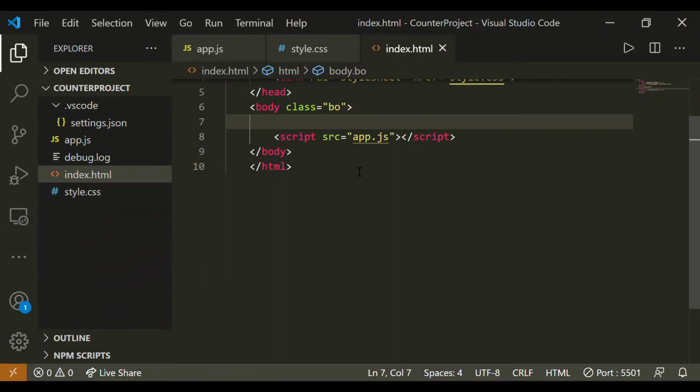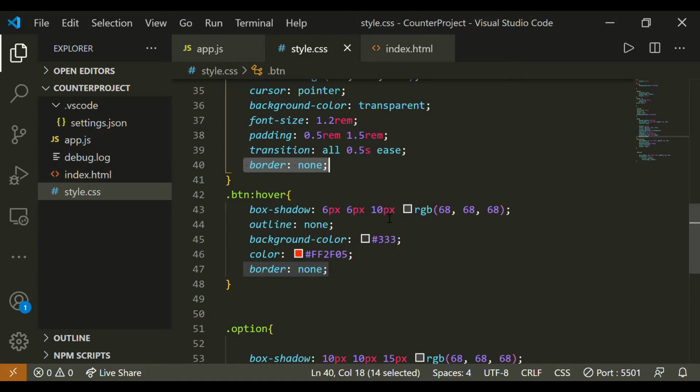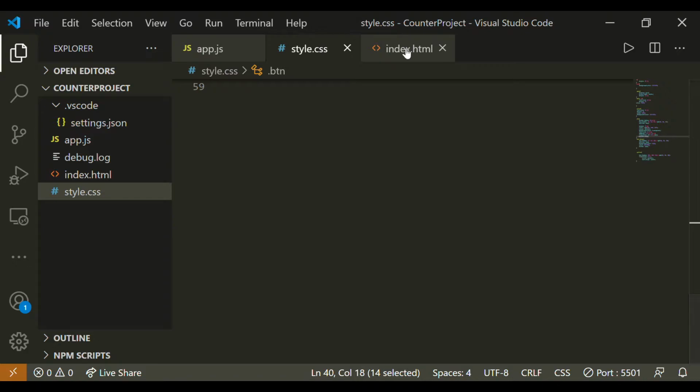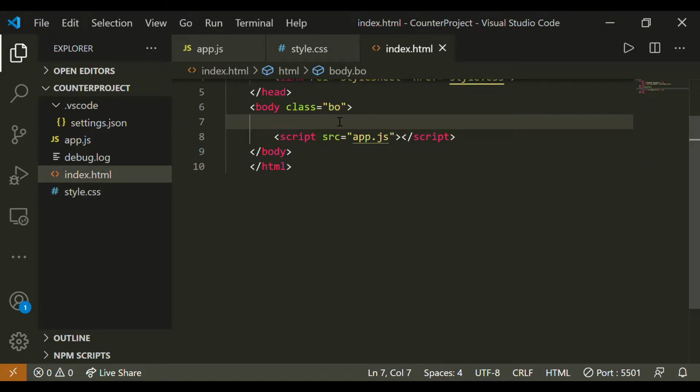Let's begin our coding part. First we will be coding in the HTML, then we will be seeing our CSS code, and then we will be jumping on JavaScript code. So I will not be coding the CSS code, it is pre-coded. We'll just be showing you what we have done in CSS, and in HTML I will be showing what all things we have to create so that you know what is going on in JavaScript.